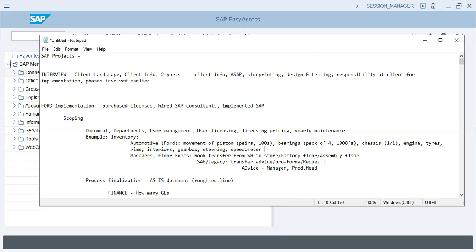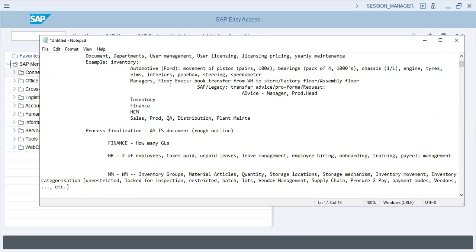So that's how when we actually sit down for inventory, finance, HCM, sales, production, QA, distribution, plant maintenance,